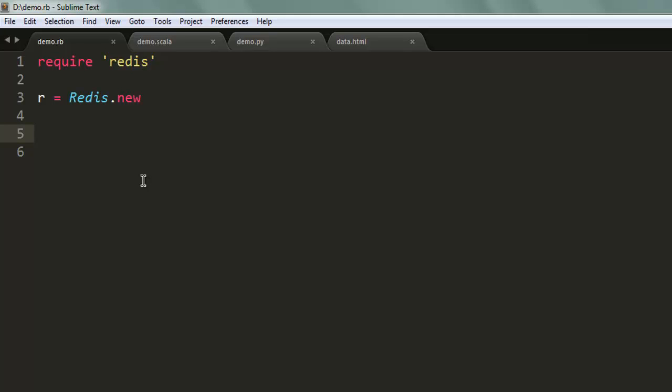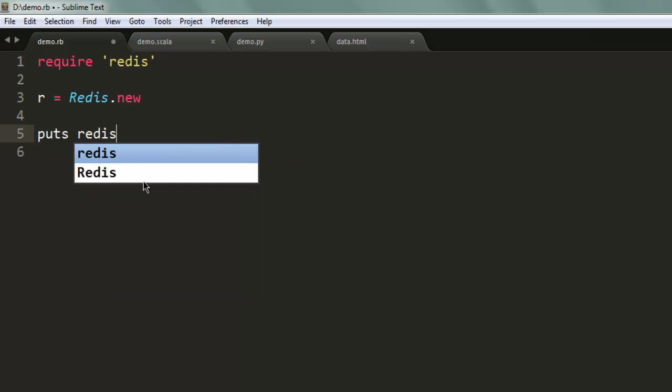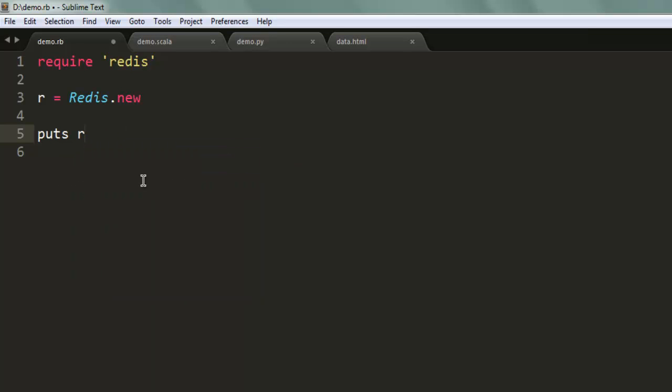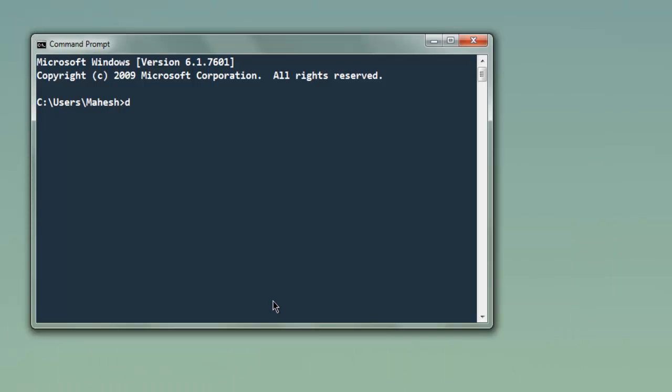with your Redis server. So I'm going to go with a very simple command such as puts r.ping. Let's see what happens when we execute this code. Go to the directory where you have these files stored. Now type in ruby demo.rb